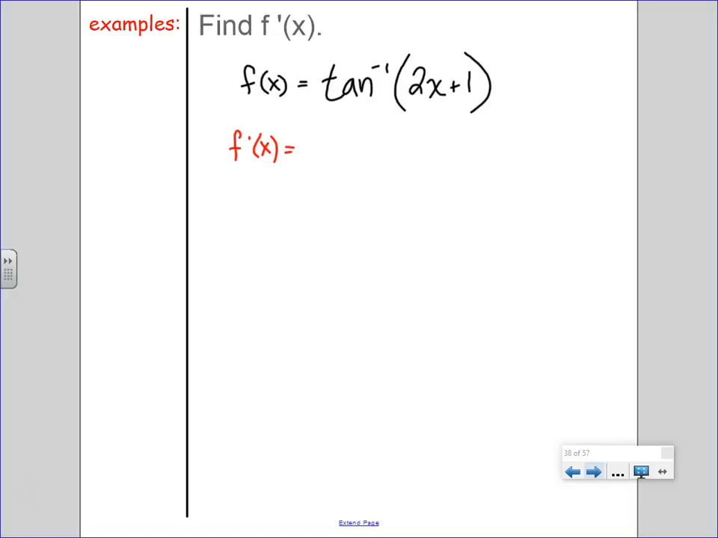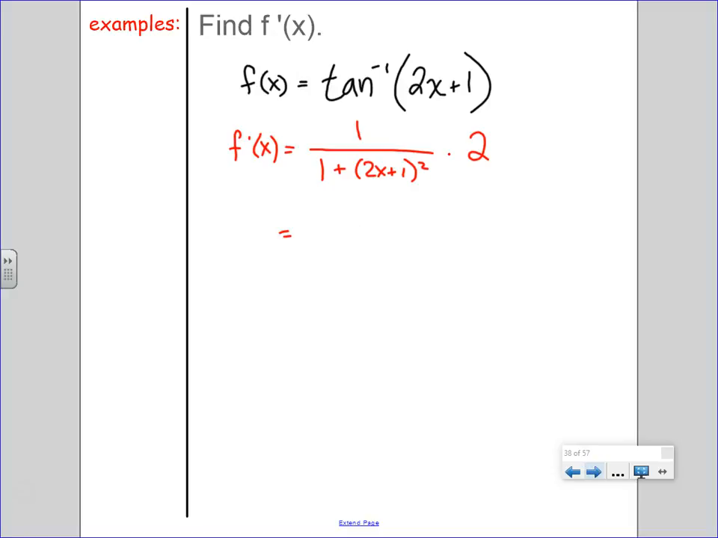We should sue. Alright, so tangent inverse of 2x plus 1. How do you think the derivative of tangent inverse goes? Who's u prime? You see how I plugged in 2x plus 1 for the u? U prime is 2. So therefore,